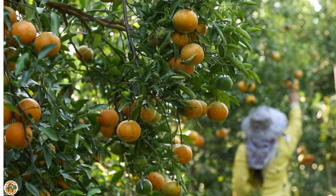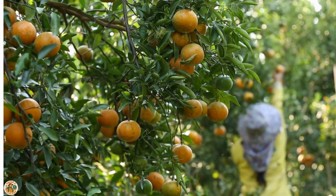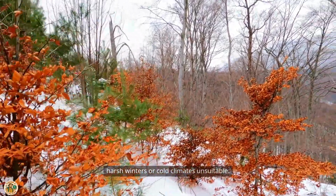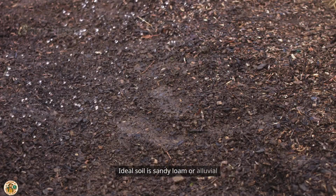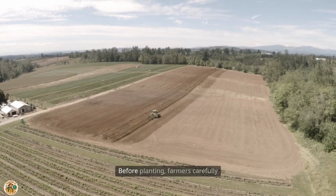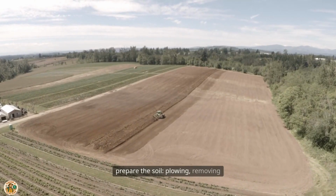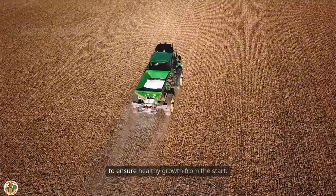Orange trees thrive in average temperatures between 25 and 30 degrees, making regions with harsh winters or cold climates unsuitable. Ideal soil is sandy loam or alluvial soil rich in organic matter, with a pH of 5.5 to 6.5, and good drainage. Before planting, farmers carefully prepare the soil, plowing, removing weeds, and adding organic fertilizers to ensure healthy growth